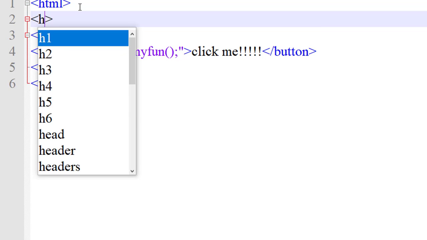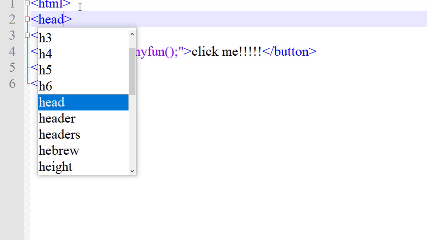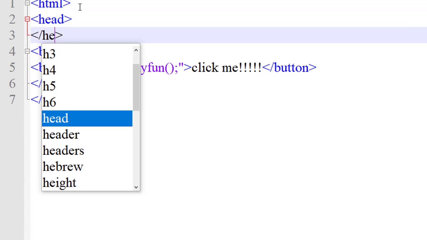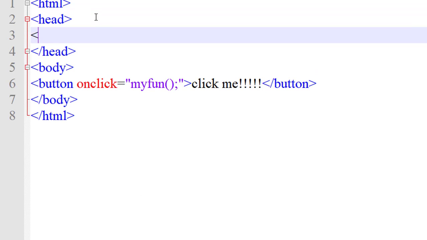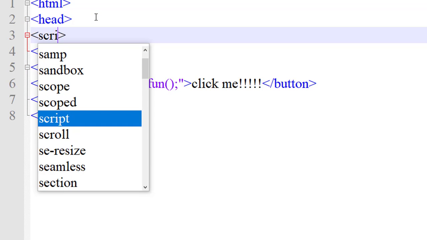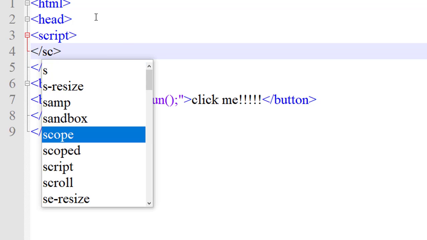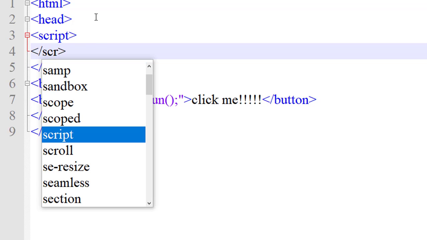Now in the head tag I will make my function. Opening head tag, closing head tag. In the opening and closing head tag, script tag open, script tag close.